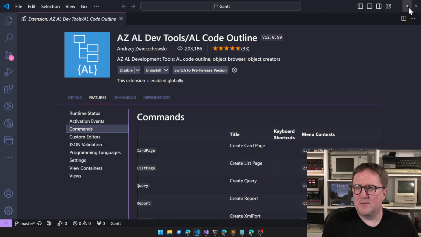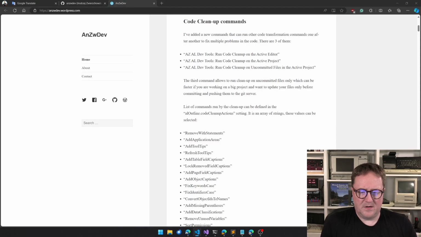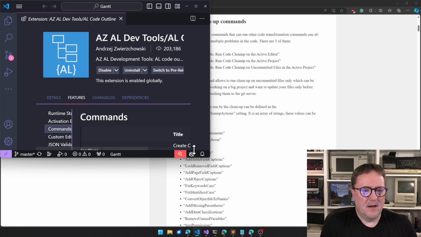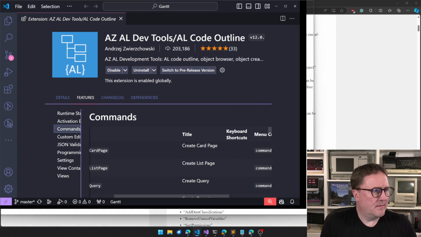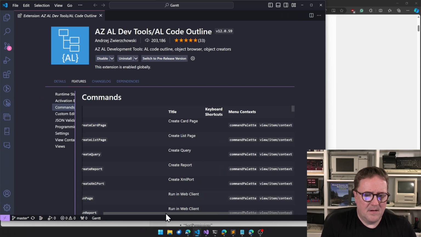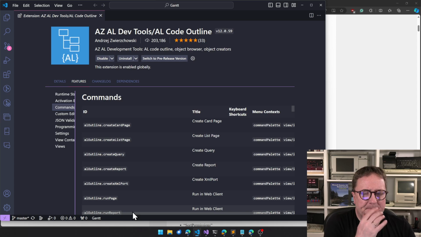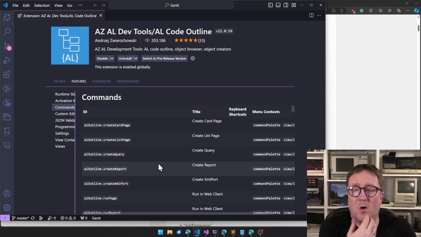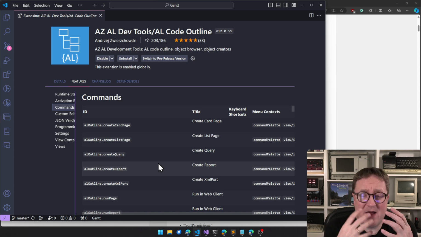Let's see if we can make it video friendly so my big head is not blocking everything. The commands list here will show all the commands that this extension has added to VS Code.